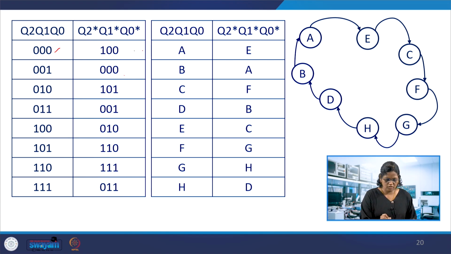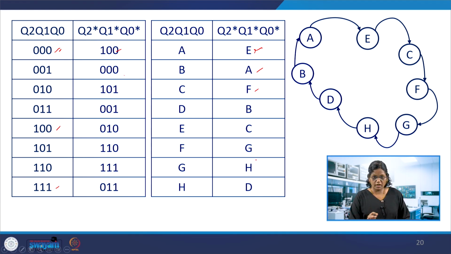Next, assign A, B, C, D, E, F, G, H to the states, from A to H. There are 8 states over here, and this state is E. The next is E, the next is A, and this is F. So assigning the states A to H, with E and A as the corresponding next states, and so on. This is moving without any enable input, so it doesn't have an enable input. The states will move with respect to the clock.